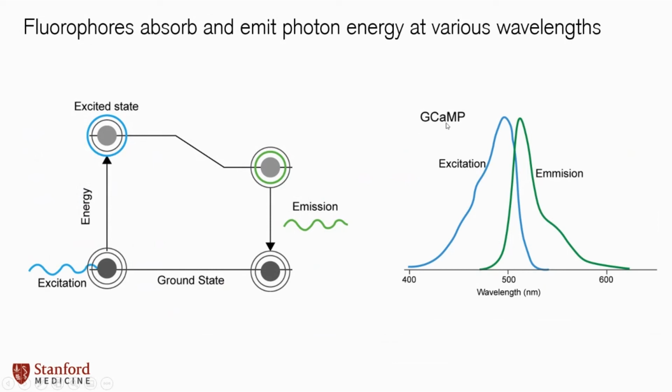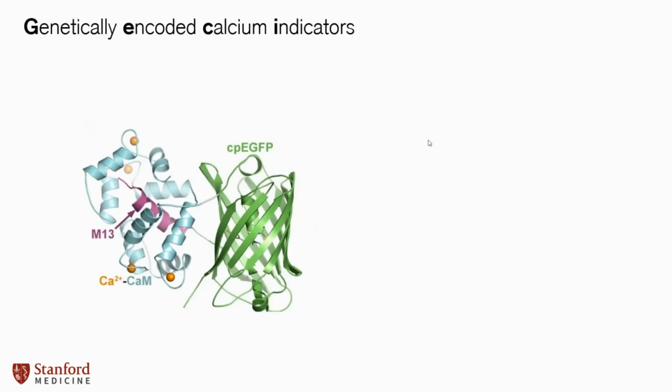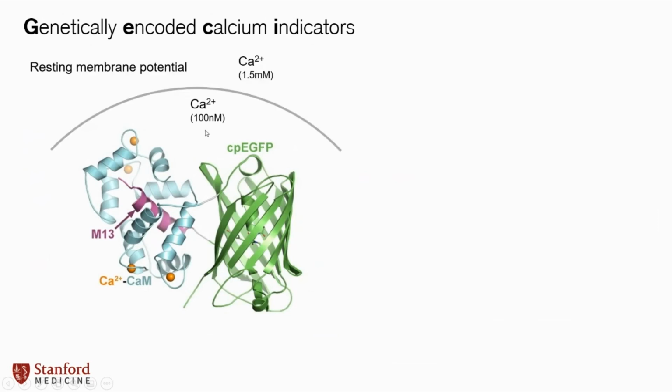So here's GCaMP. This is genetically encoded calmodulin. Well, I forget what GCaMP actually stands for. I don't know if it really stands for anything, but it's a very typical fluorophore used. And what's interesting about GCaMP is that it has this binding domain for calcium that changes its configuration when calcium is present. So it basically only really receives light and emits green back if calcium binds in the pocket. And calcium being present inside the cell is a strong indication that that cell is active. So this is an optical readout for a neural activity proxy.